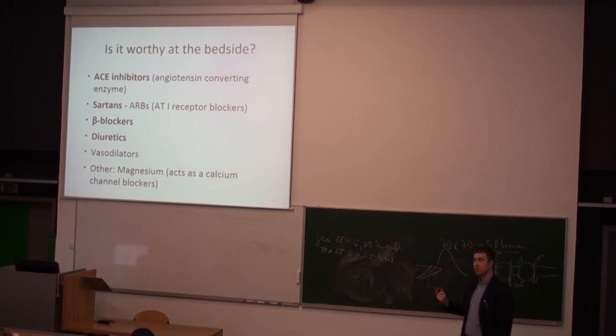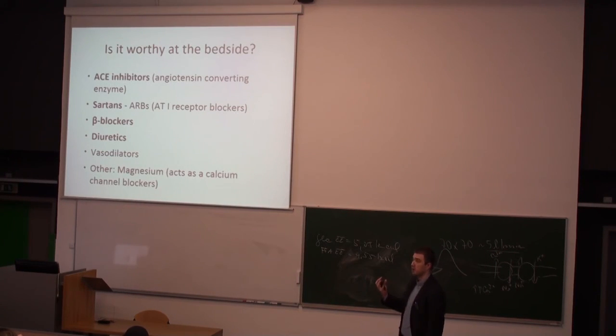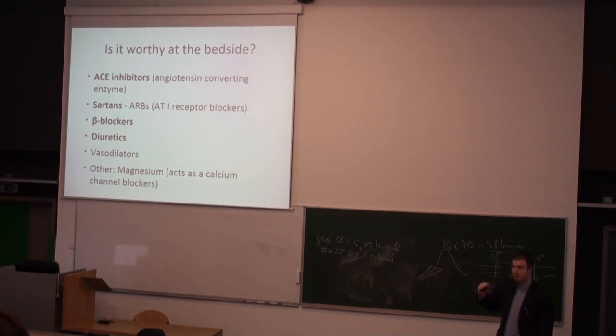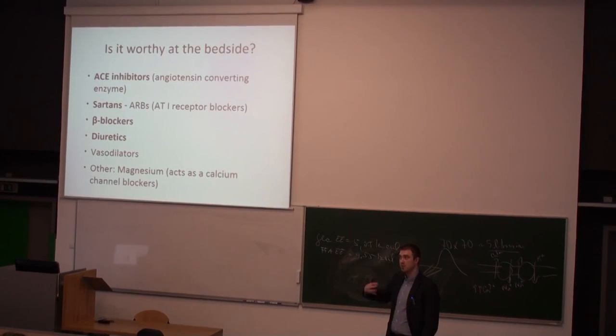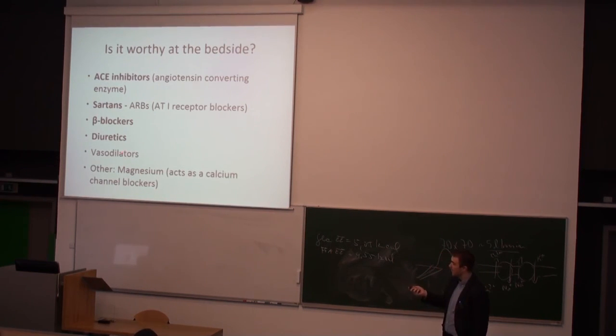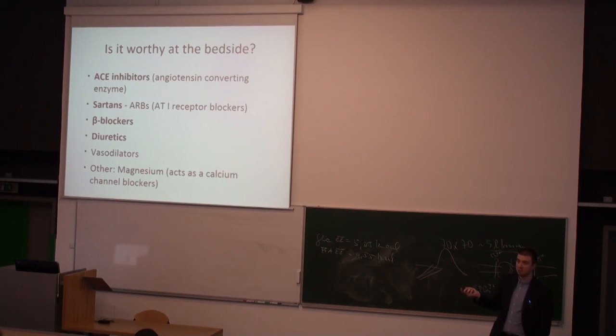Beta blockers, we described them. You block the adrenergic action on the heart, therefore reduce the chronotropy, reduce the inotropy, and therefore you will reduce the blood pressure. Third option, diuretics. You will increase the diuresis, you will reduce the volume, therefore you will reduce the preload, you will reduce the blood pressure. And here you have some others that are not so routinely used, but altogether you will learn about